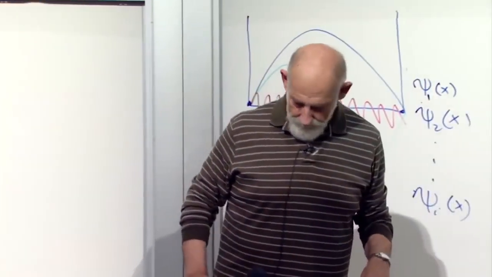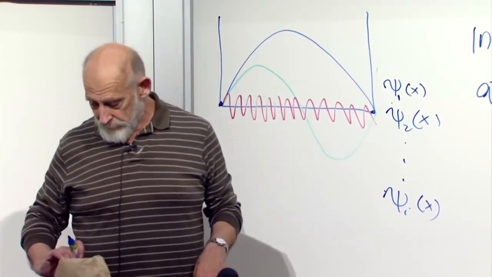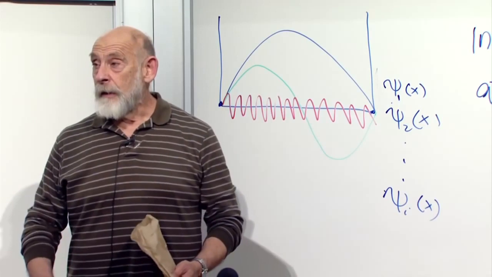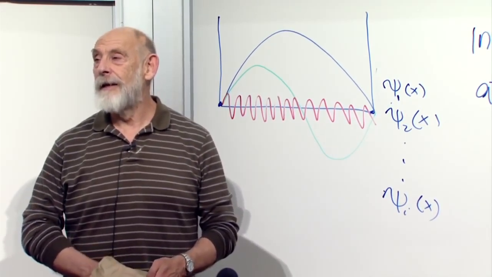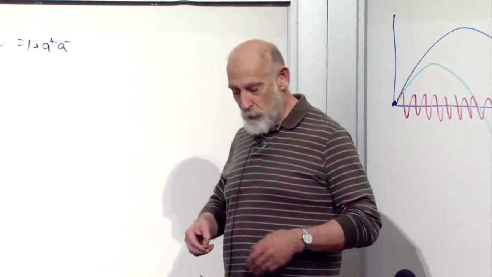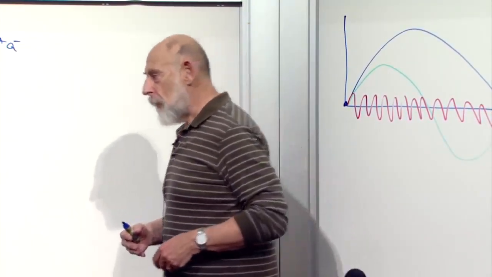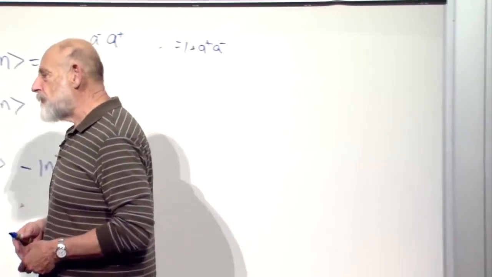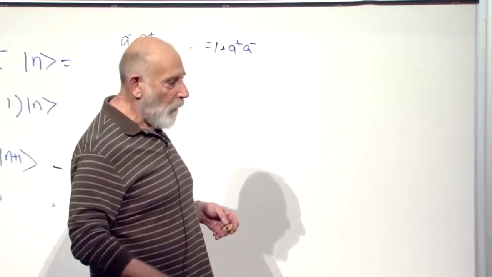Question? Yeah. You just sort of define A plus and A minus. You haven't really defined them, but you define various properties that they have, like the commutation property. Yeah. But we don't have a definition other than its behavior. We're defining things. We're not making it up randomly, but we're defining things, and then we're going to see how they work.